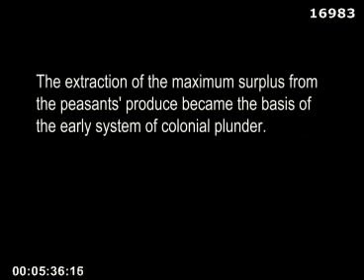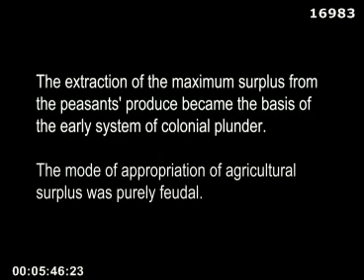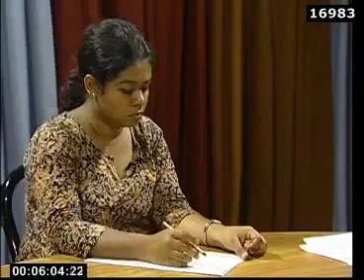Now that was the picture on one side. On the other hand, there was the extraction of the maximum surplus from the peasants' produce, and that became the basis of the early system of colonial plunder, and the mode of appropriation was purely feudal, no doubt about it. Indian agriculture was converted into a raw material supplying appendage to metropolitan Britain, and also into a market for the manufactures of Great Britain. In fact, three important land revenue settlements